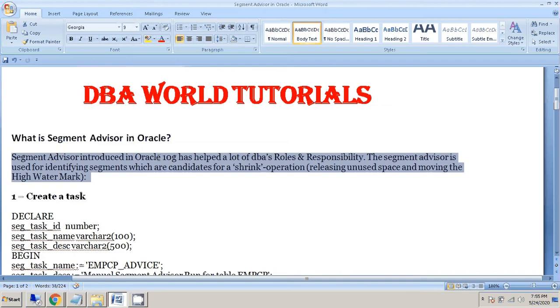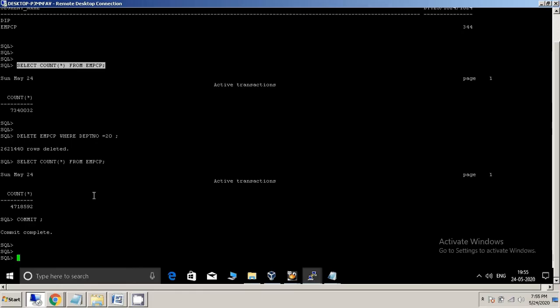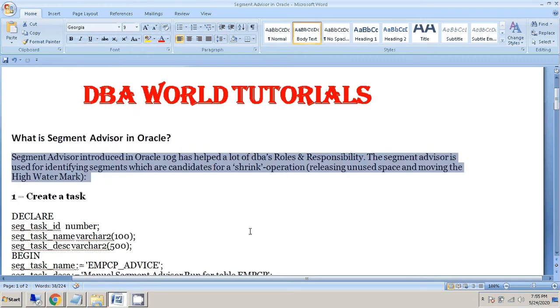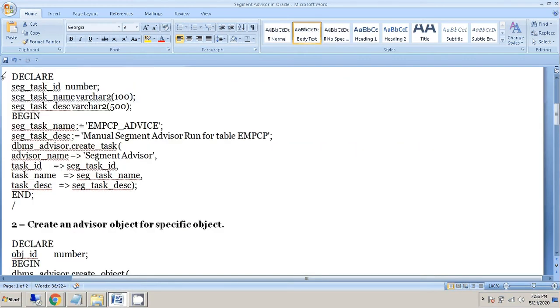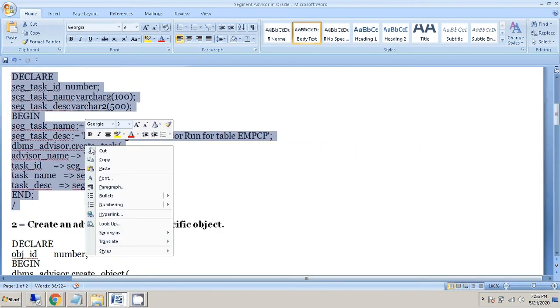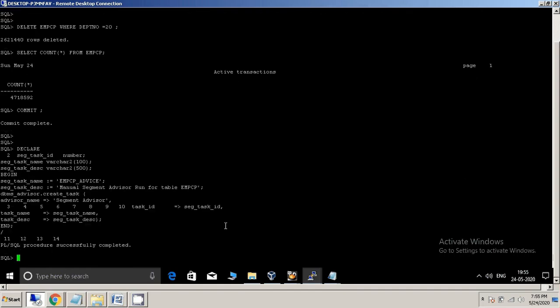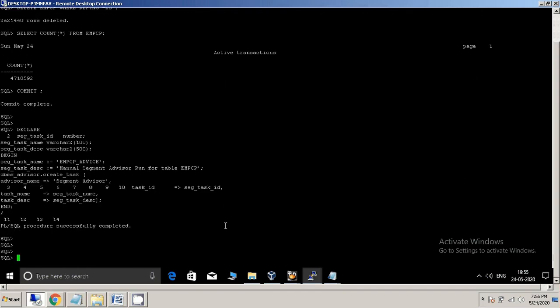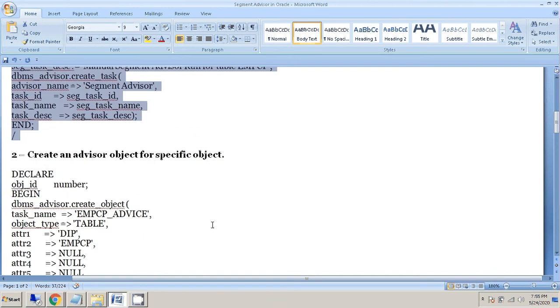Now we have the advisor with us. This is something that mostly happens at the application level. Some people delete some rows at the table level, and then we need to identify whether this table is a candidate for shrink or not. So we create a plan for that. We will declare this plan first. I will share all the scripts after this video.